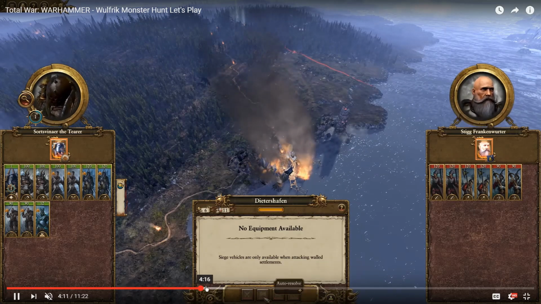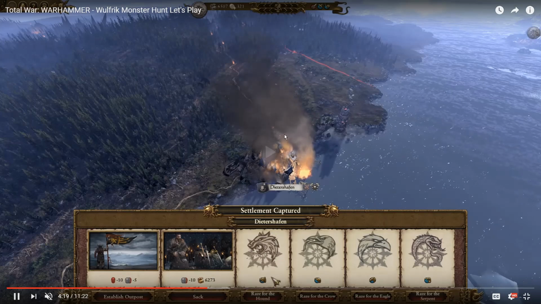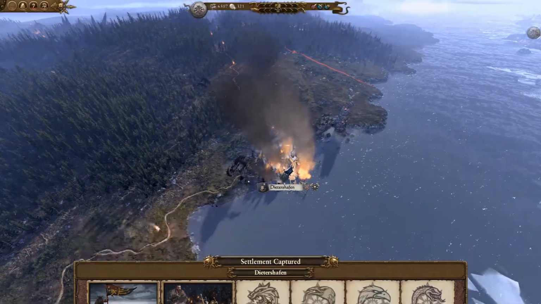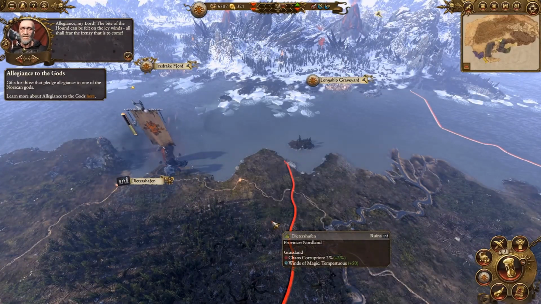So as we've seen the screen before here, you get those 6 options. So establish outpost, sack it, get that good money, or Hound, Crow, Eagle, or Serpent. And you choose which god you're going to dedicate to. So at most you can only dedicate to 2 gods, and it'd be a very, very slow build, whereas you could just go all out for 1 god, and it'd be very easy to boost that all the way up